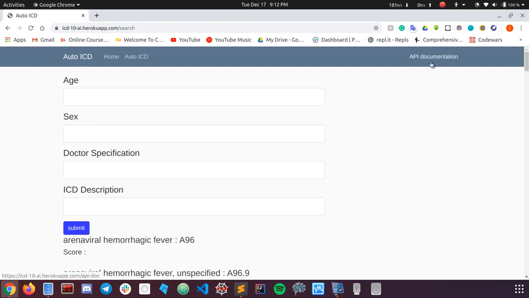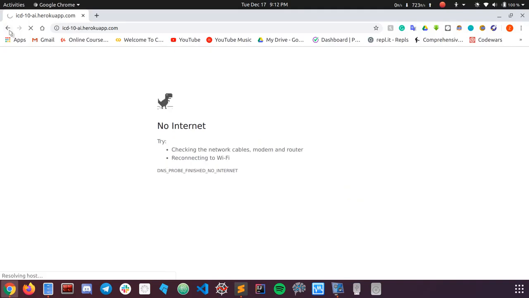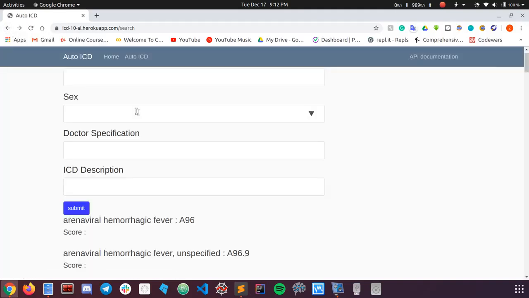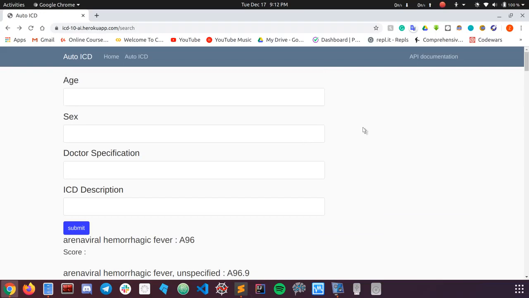So this is the front end, meaning you manually have to sit in front of a computer, open a browser, and type in all the details and get the results every time you want them.